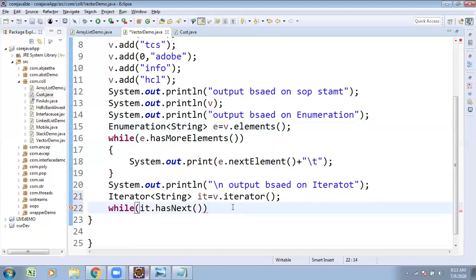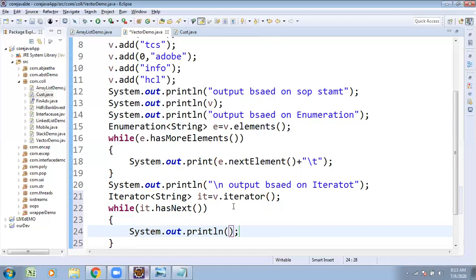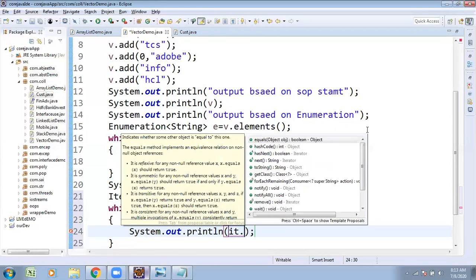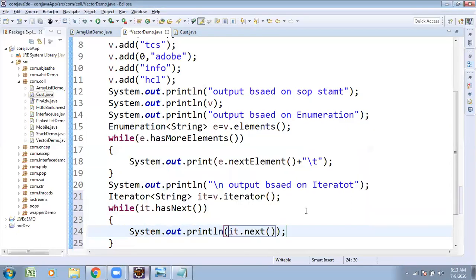If the next element is available, I wanted to print the collection element. So here I change to it dot next method, the iterator reference. But I need some space, backslash t, the tab space character.